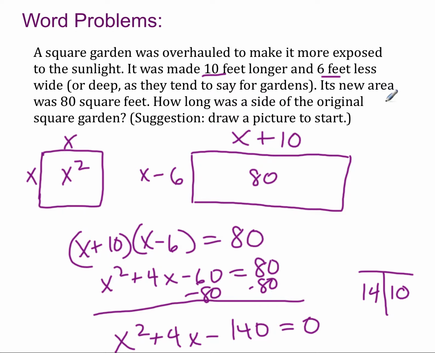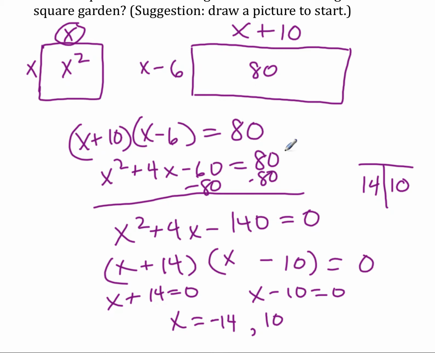Remember, it says the new area, how long was a side of the original square garden? So I'm looking for this x right here, which I believe I just found. It says x is 10 or negative 14. Could it possibly be negative 14? No, it couldn't. So what I do is I throw away one of my solutions because it doesn't make sense within the problem, and I state in a sentence,